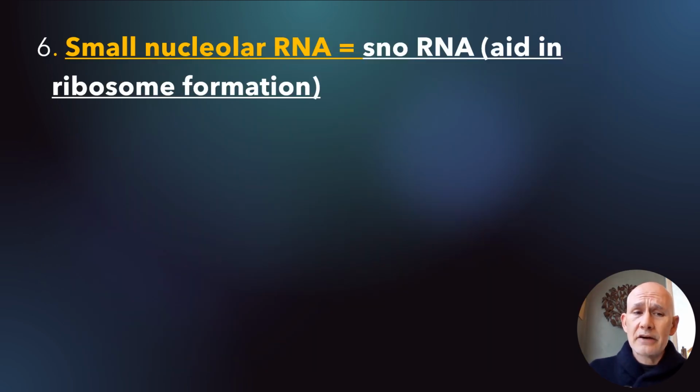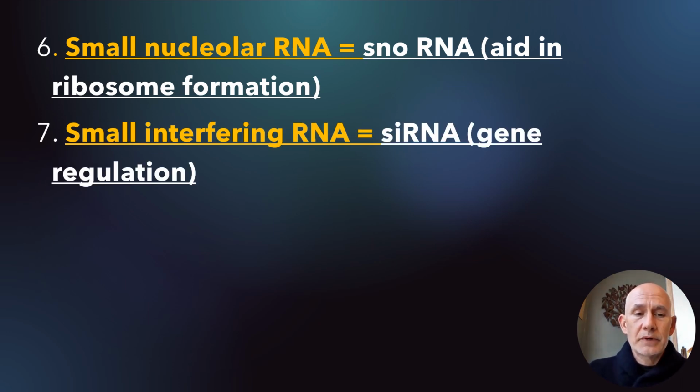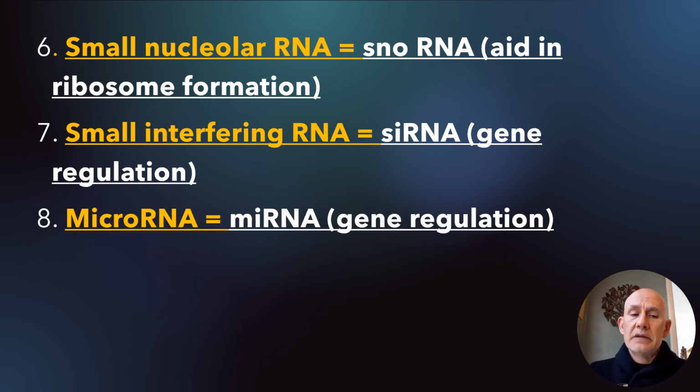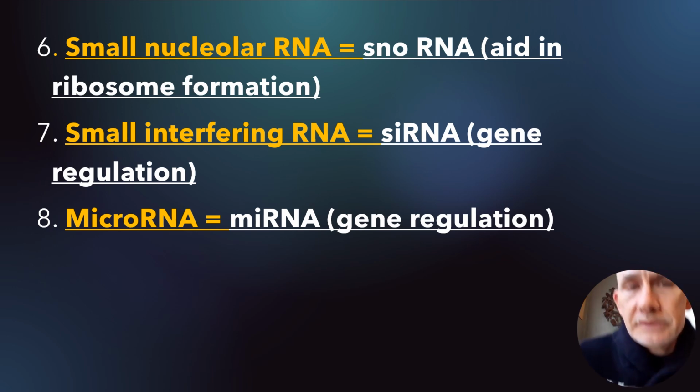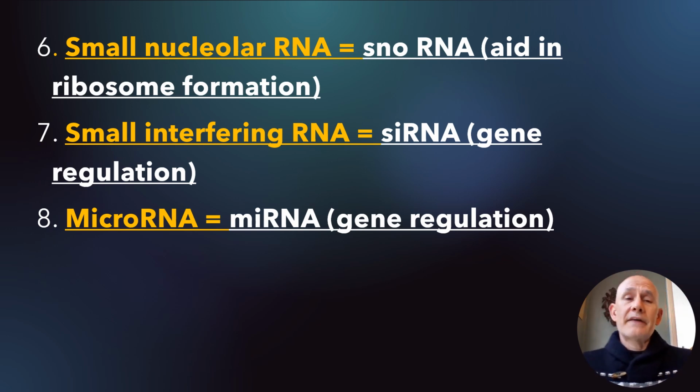Other RNAs that are involved: this small nucleolar RNA helps make ribosomes. That one's not super important. Small interfering RNAs and microRNAs are important for what is known as post-transcriptional gene expression control. So after RNA is made from the DNA,